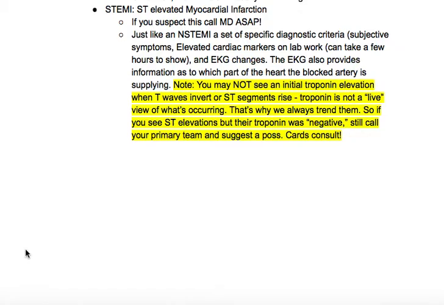Diagnostic criteria is very similar to a non-STEMI. You have the subjective symptoms, and then you would also have elevated cardiac markers and EKG abnormalities. It is important to note, which I'm sure a lot of you already know, that initially when a patient starts to have a cardiac event as far as ischemia or infarction occurs, you may not see elevated cardiac markers or troponins. Those can take a while to elevate, up to 2 to 4 hours,